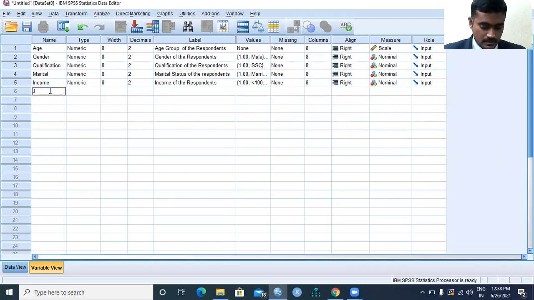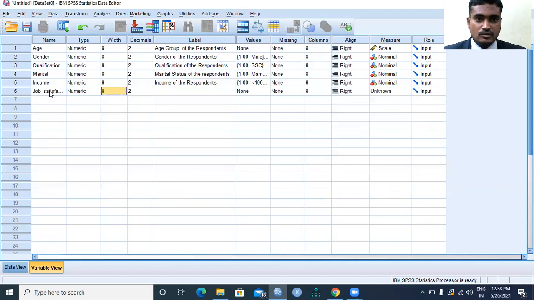Now suppose job satisfaction. Now see, job satisfaction is numeric type. Employee job satisfaction. Now what kind of scale is this? Can anybody tell me? I told you what kind of scale this is. Ordinal scale, because the ordinal scale will have a rank order.